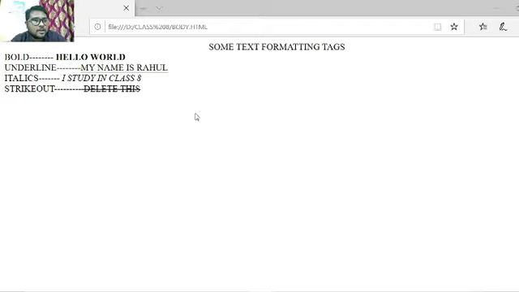And then strike out, strike, delete this. There will be a line in the middle of this text. See, delete this, the line in between the word delete and this divides the text into two parts. Okay, so that is the work of strike out. Thank you. I think you have understood a little bit about this chapter.